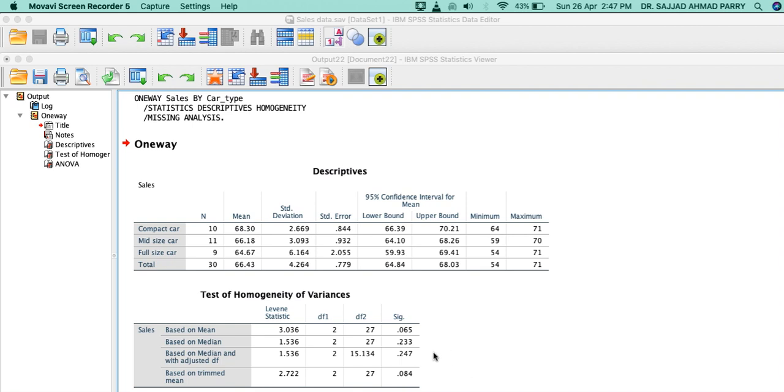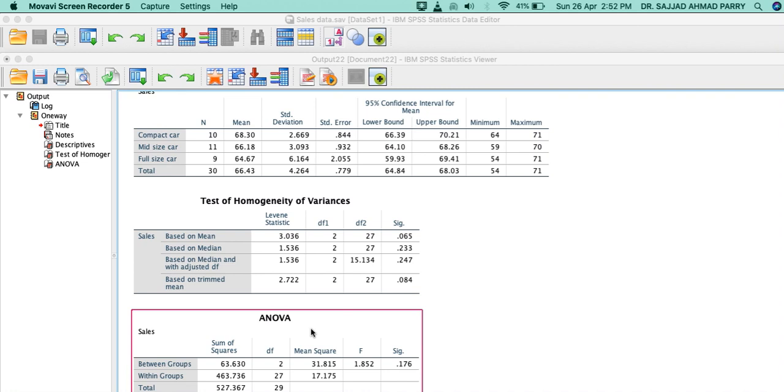These are all greater than our significance level, which is 0.05, and hence the null hypothesis is rejected, and we say there is a significant difference between the mean scores of various categories of the independent variable.